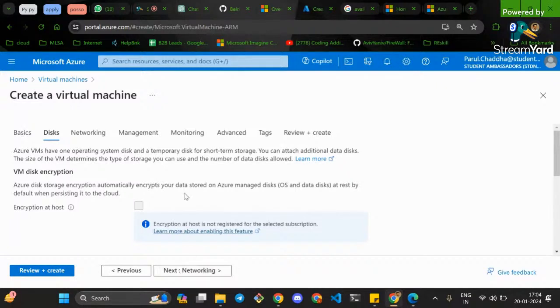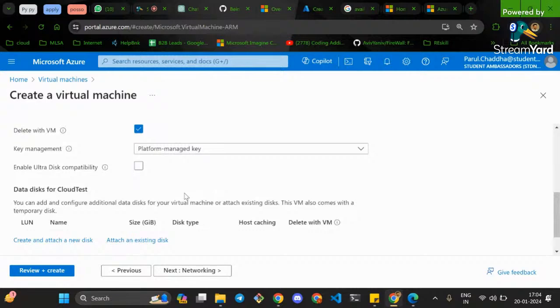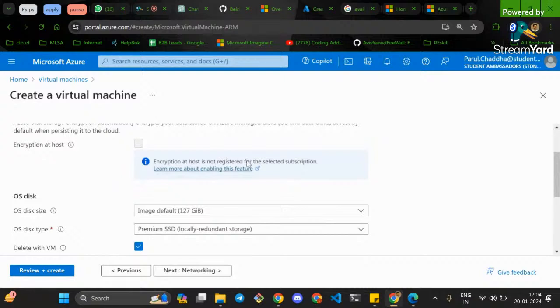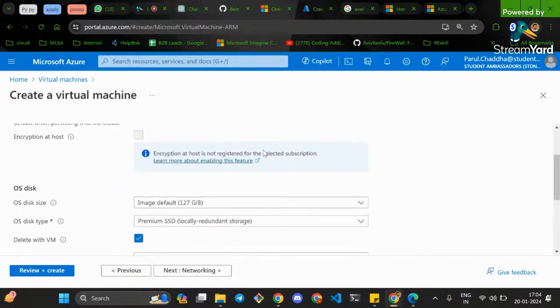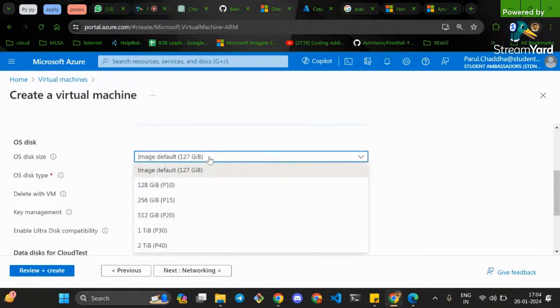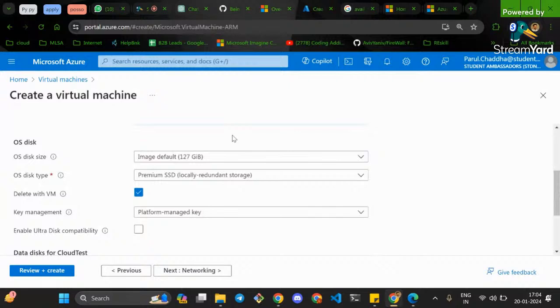That one is OS disk type, right? Second is encryption type. You can select a subscription; this is only applicable if you order a hosted subscription. Right now, what kind of size you need, what kind of operating system,